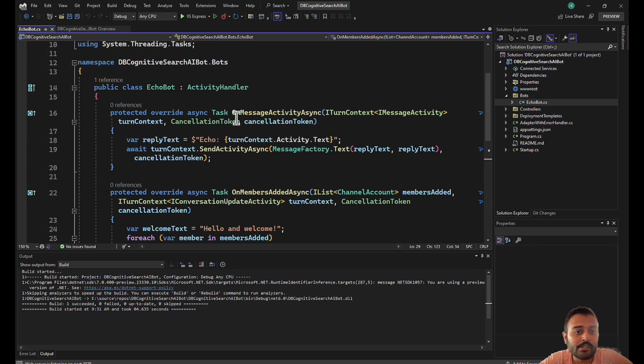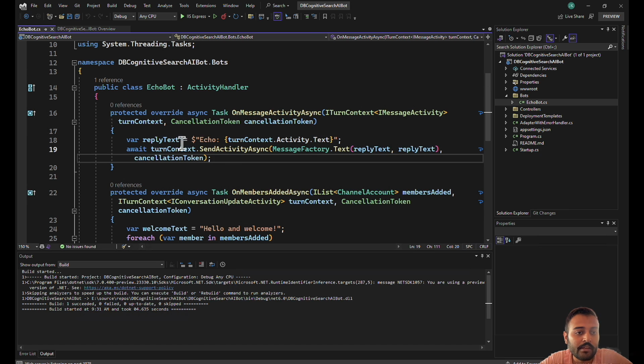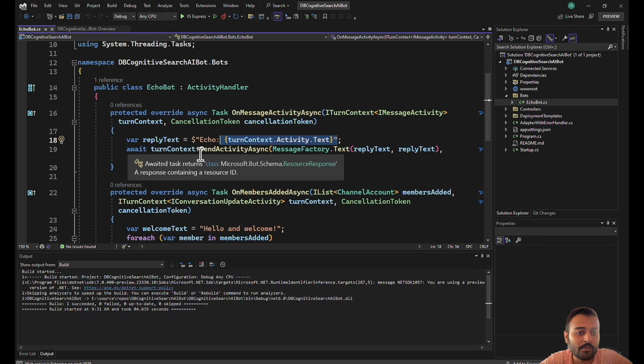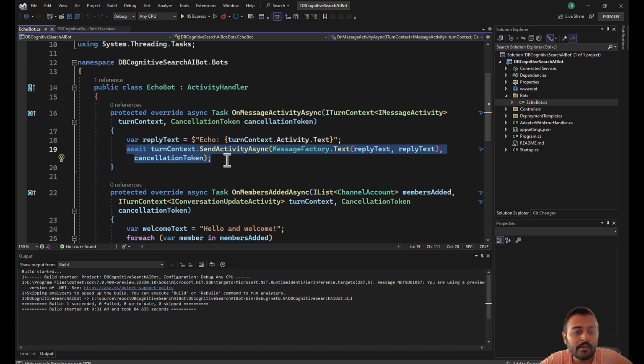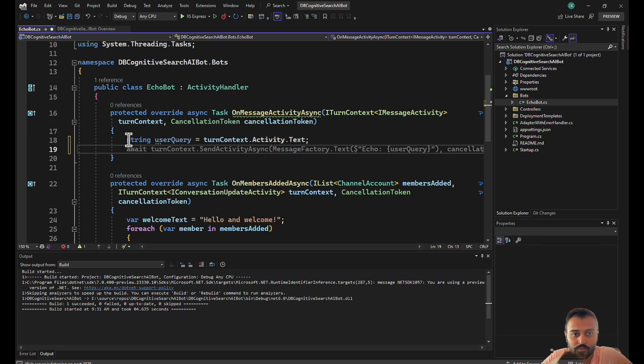Another method we have is OnMessageActivity. This method will be invoked only when there is a message from the user, and it will just append the echo keyword to the user message and send back the response. Yeah. So let me just get rid of these two and write down the user query that we received, and also